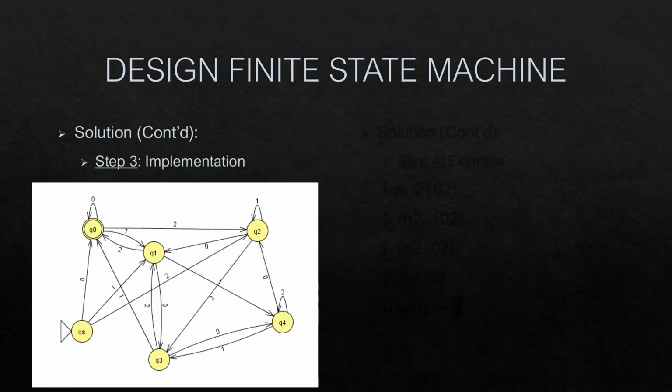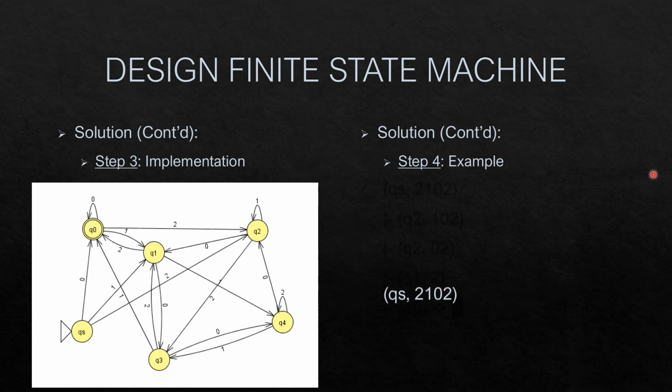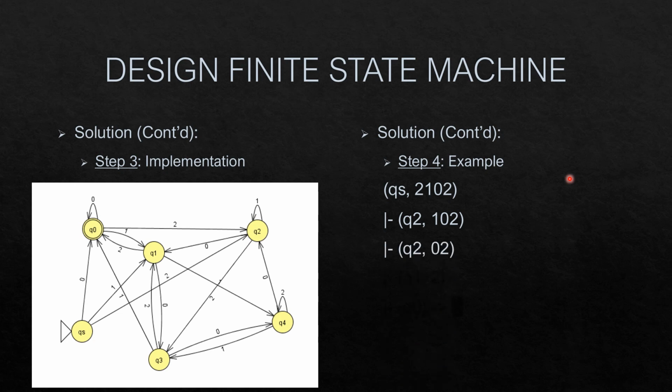In the transition diagram, as you can see, we are using QS to Q4 states, and we do the transitions as mentioned in our STF and MAF tables. Let's just take an example and solve it. So here we have QS 2, 2102. When we are in QS state and I get the first input as 2, I will transition to Q2 state. After reaching Q2 state, the input that I get is 1. So I have to stay in the same state, that is Q2.